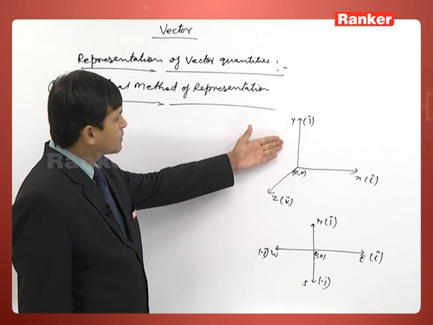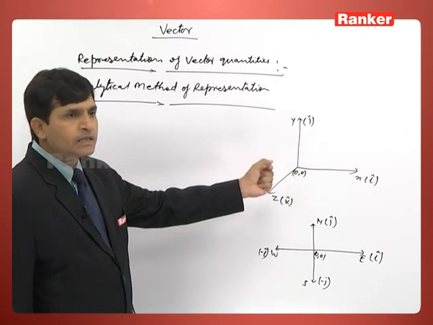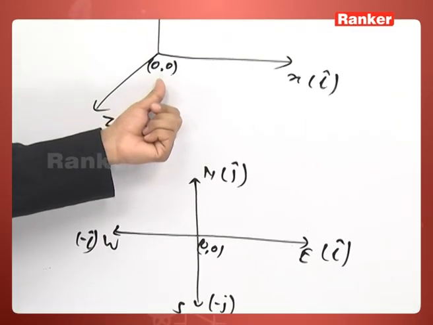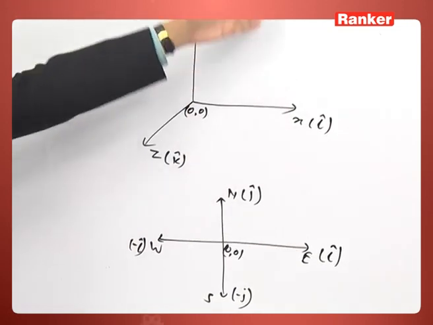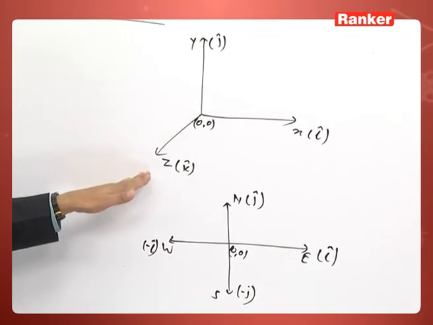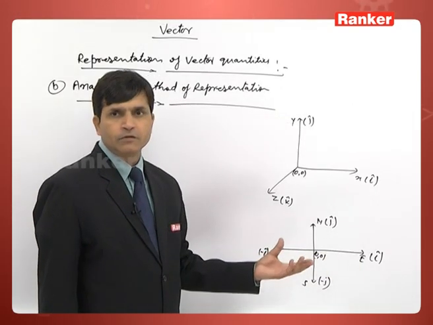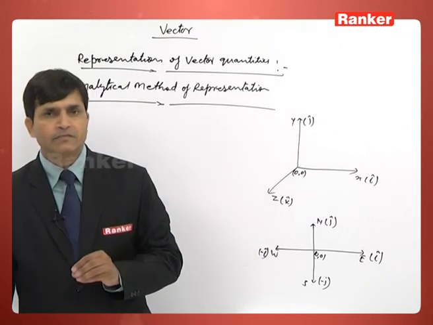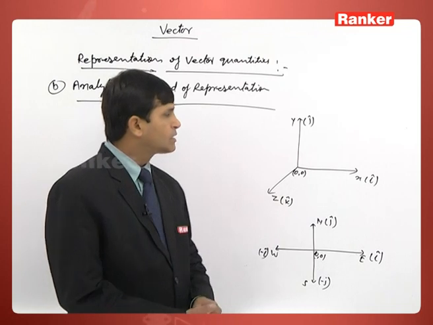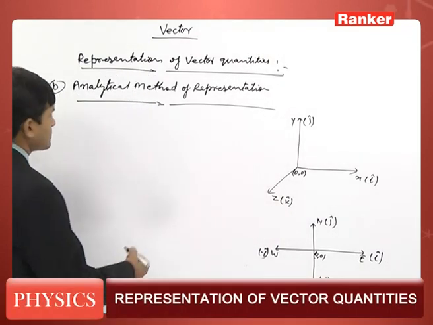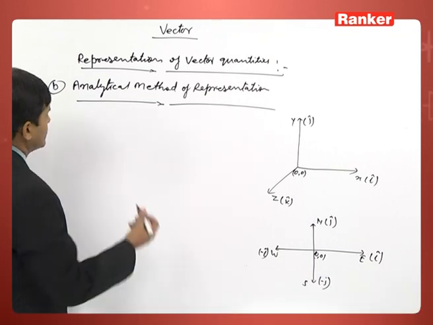So we have to first represent the different directions on the basis of a certain reference point. That reference point can be taken as the origin. On the basis of that reference point, we can define x, y and z, or east, west, north, south, depending on the question. First we define our reference point, then we can define our east, west, north, south directions. Now, if we want to represent a vector quantity,